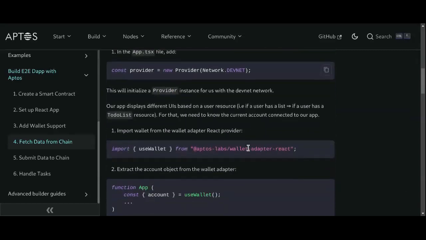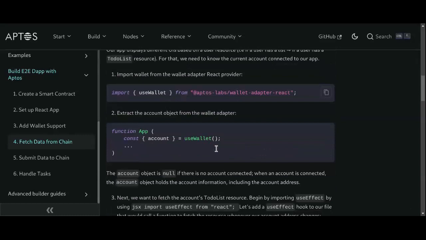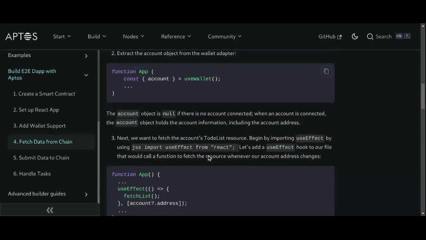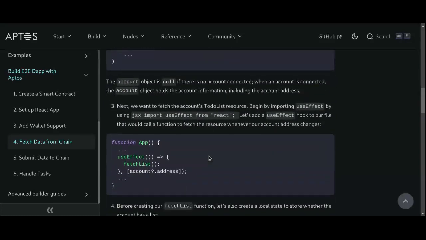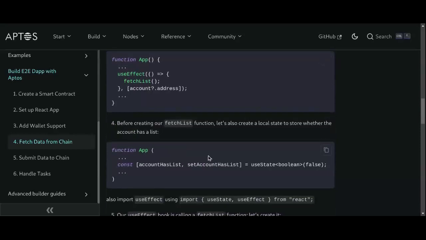Next, we'll get whatever account you just connected with. We are using this useWallet hook to catch whichever account we are connecting with. We are destructuring and getting that particular account here, and then using this useEffect to get the address if the account exists, and then we are defining our fetchList